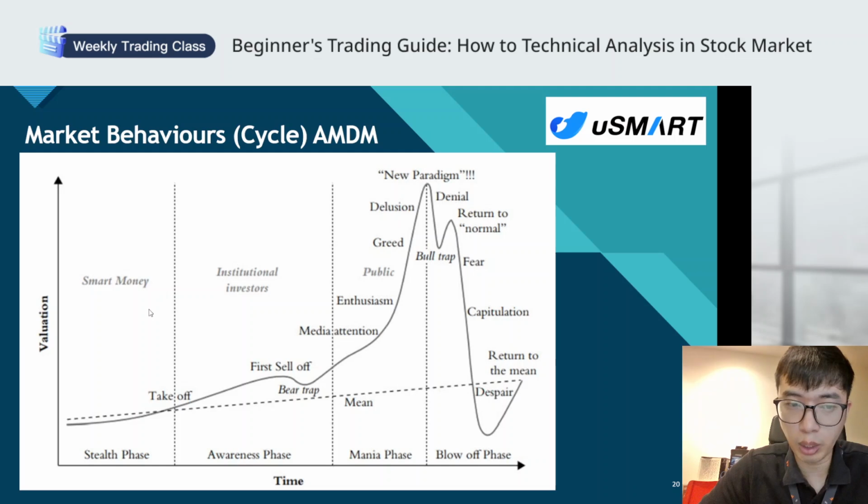Then it started to go up, and institutional investors or traders will try to get in. Then there will be a first sell-off. Usually people won't notice these stocks that much. Then this phase will be the awareness phase. But at this time, maybe the stock has already gone from 10 to 30 or 40 or 50. And then when normal investors or traders look at it, maybe they will feel that this is very high already, from 10 to 50. Then it keeps on going up